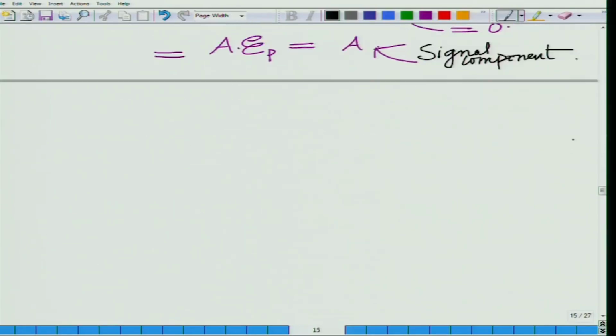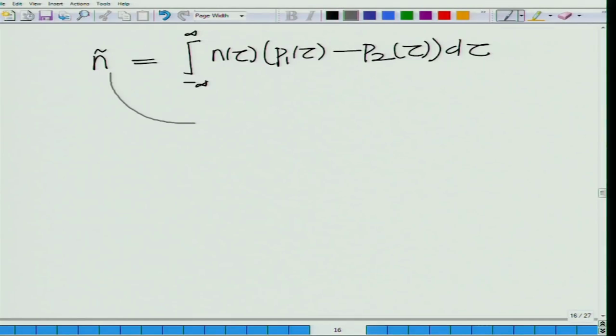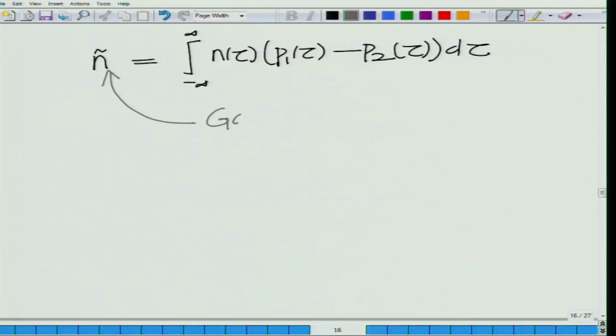Now, if you look at the noise component n tilde, which is equal to the integral from minus infinity to infinity of n(tau) times p1(tau) minus p2(tau) d tau. This noise we have previously seen from our analysis of the noise at the output of a matched filter. The input noise is a Gaussian noise process, and the output noise process is also Gaussian. Once you sample it, you get a Gaussian random variable. If the input noise process is 0 mean, the output noise process is also 0 mean. Okay. So n tilde is Gaussian,